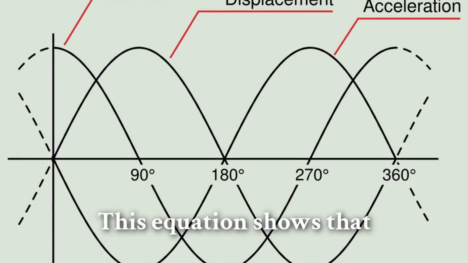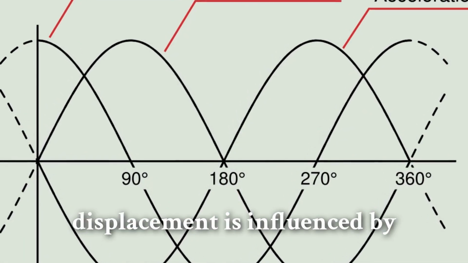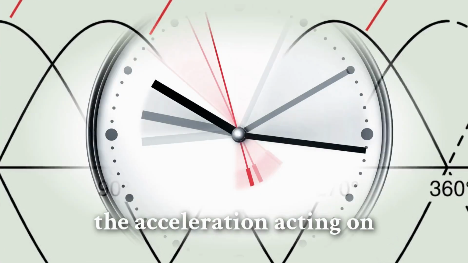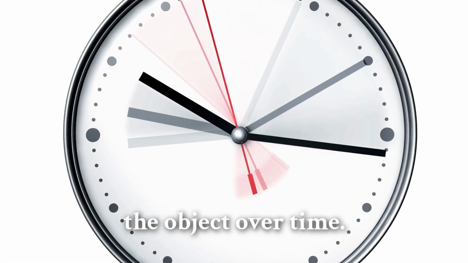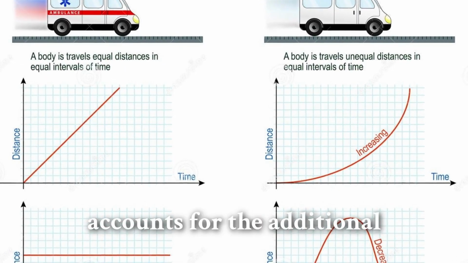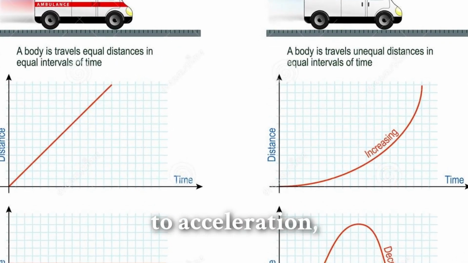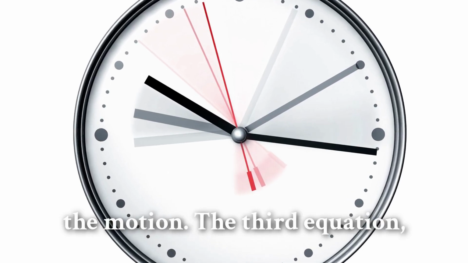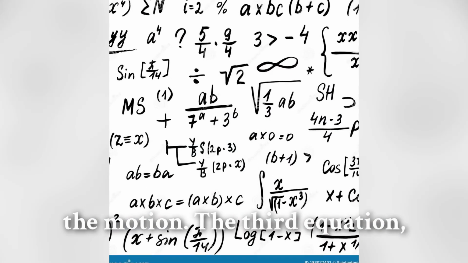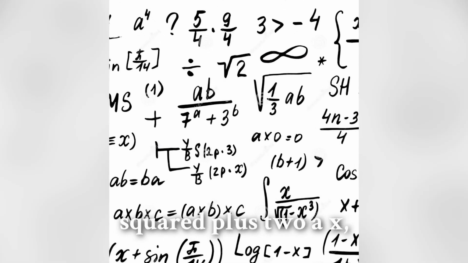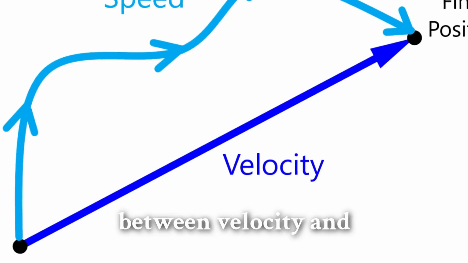This equation shows that displacement is influenced by both the initial velocity and the acceleration acting on the object over time. The term half at squared accounts for the additional distance traveled due to acceleration, emphasizing the role of time in the motion. The third equation, v squared equals v0 squared plus 2ax, illustrates the relationship between velocity and distance